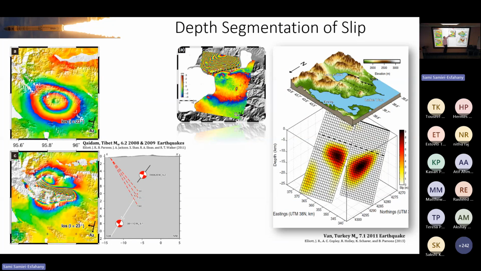This one was a smooth deformation field. You see the fault segments here. There was modelling around Lake Van, and all the rupture was really quite deep, below 10 kilometres. So it hadn't made it all the way to the surface. So what you would be worried about is what's going to happen on the up-dip projection of this fault plane